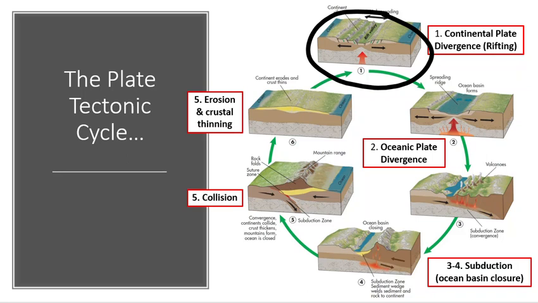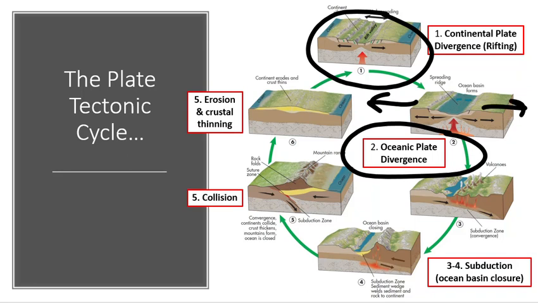And pretty soon, the supercontinent breaks up into two or more separate pieces. And at that point, we have step two. We now have oceanic plate divergence. So in step one, we're not yet forming new oceanic lithosphere. In step two, we are, but we still have a divergent plate boundary in step two. These two plates are moving away from one another. In steps 3 and 4, there's step 3, there's step 4,